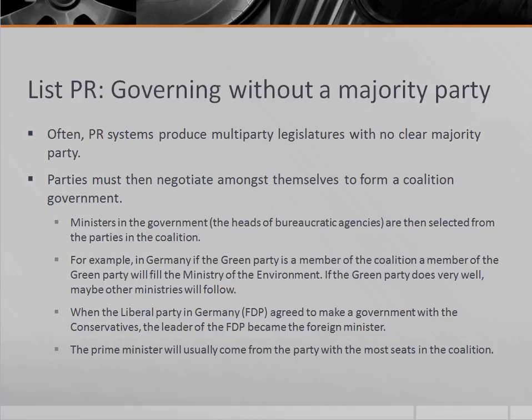A recent case in point: when the Liberal Party, the FDP in Germany, agreed to form a government with the Conservatives a few years back, the leader of the FDP became the foreign minister, which is a pretty important position within the European Union. And that was the price the FDP paid to be a junior coalition member with the Christian Conservatives. Like I said, the Prime Minister will usually come from the party with the most seats